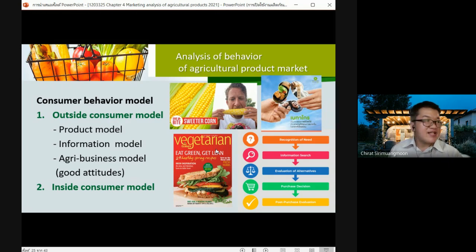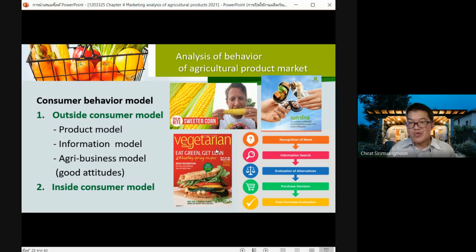That is outside. How about inside? Inside is the inside consumer. The inside consumer model is the normal process of consumer decision making. If you already know this concept, I just want to brief it again. The inside consumer model starts from problem recognition. Do you have any problem with the products or not? For example, if you want to have